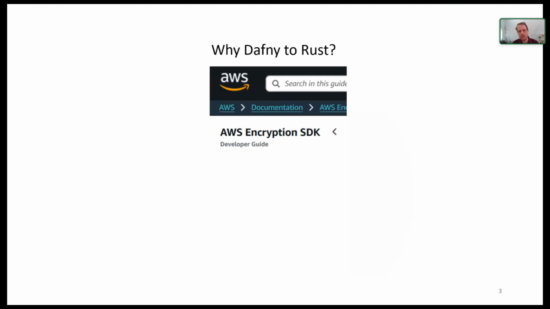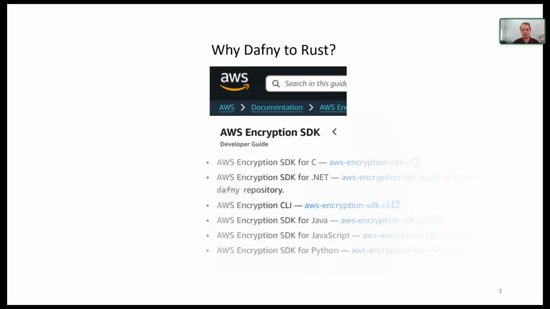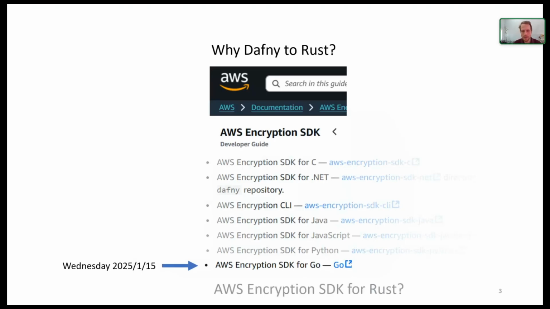As Ruslan mentioned earlier, the encryption SDK now compiles to several programming languages, and it's not a coincidence that all these programming languages are the ones that Dafny supports as backends. And just this week they released a new Go library based on the Dafny2Go compiler. So it makes sense that they would want to expose their encryption SDK for Rust, right?